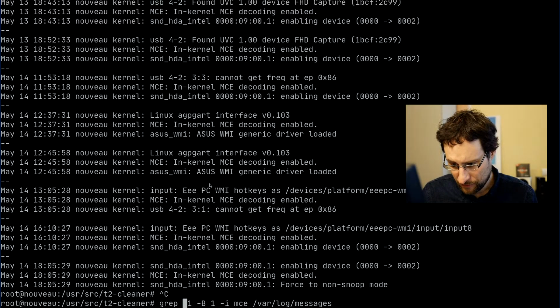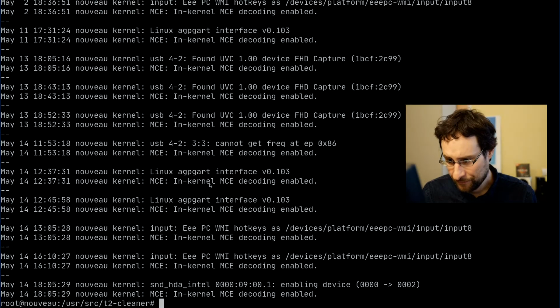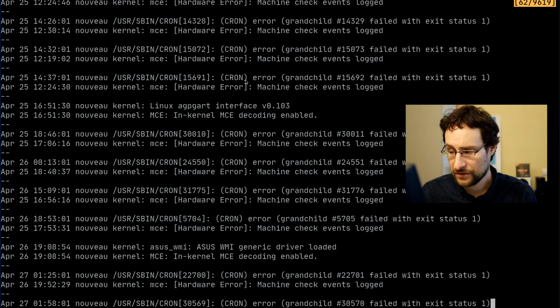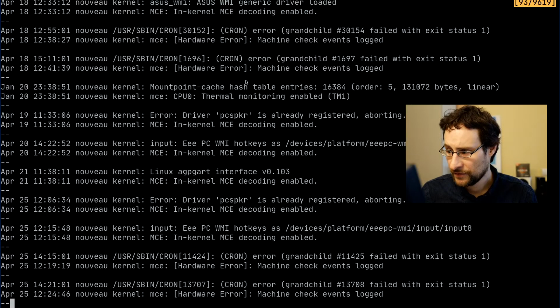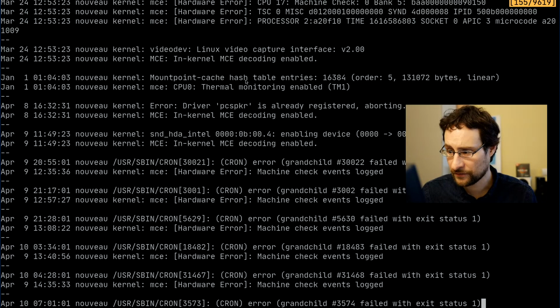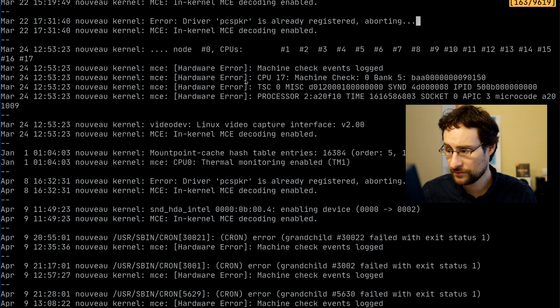Is it before or after? Where was the last one of? This is just decoding enabled. Hash table enabled. Where was the last? Here's something. This was actually surprisingly CPU 17. A rare site, usually it was more like 0 or